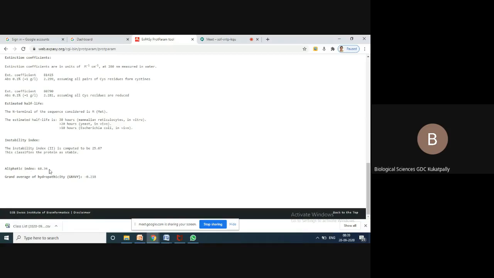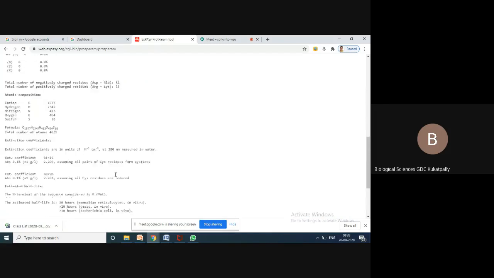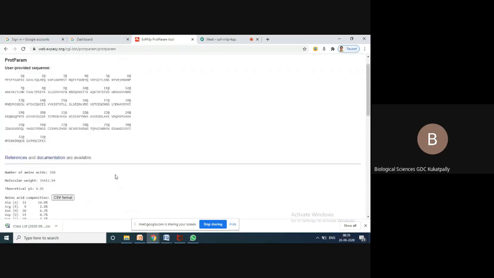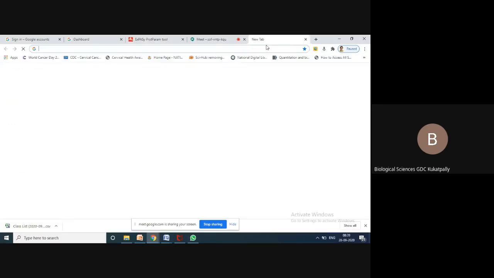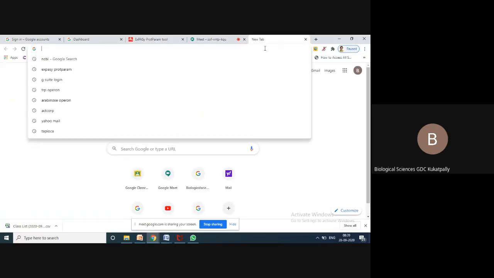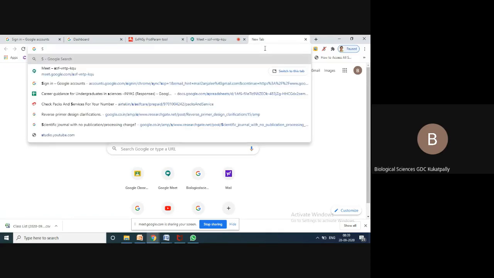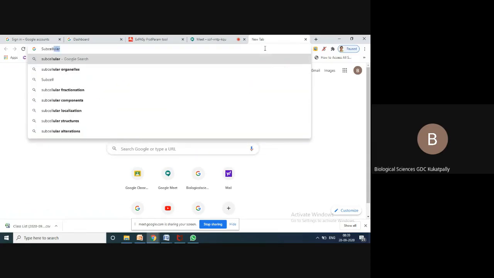So this aliphatic index also is very important to predict. Then it is also giving you a parameter called the grand average of hydropathicity. So this is also giving a GRAVY value. So this is how, in one click, you are able to get so much information related to this protein, right? So you will also need to do one more small parameter called subcellular localization.